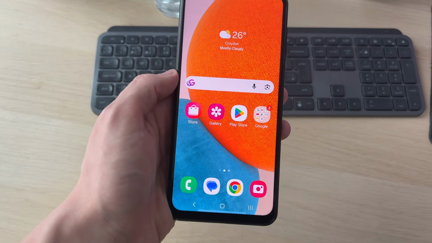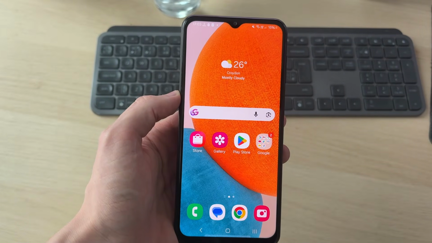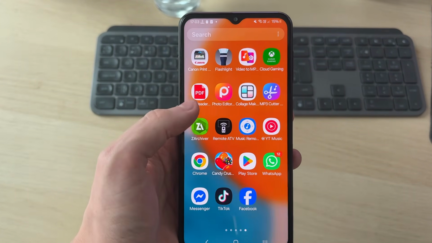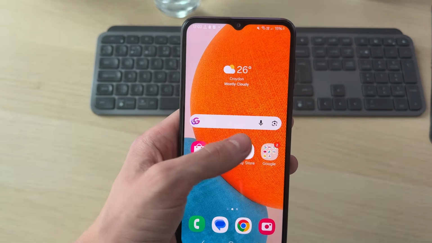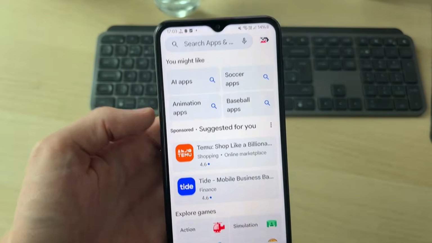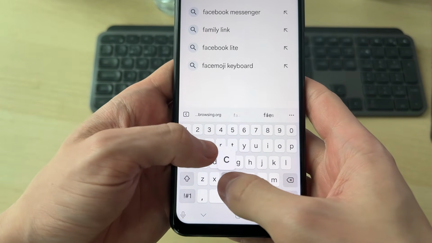What you need to do is make sure you've got a connection to the internet, whether that's Wi-Fi or mobile data. Then you want to go and find the Play Store. You can find it on your homepage, or you can swipe up and search for it at the top there. Come to the bottom and press search, and then we can press search at the top, and we're going to type in Facebook